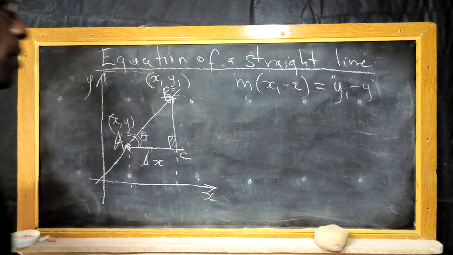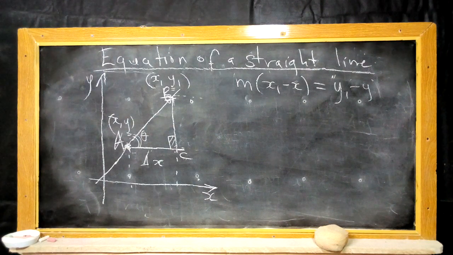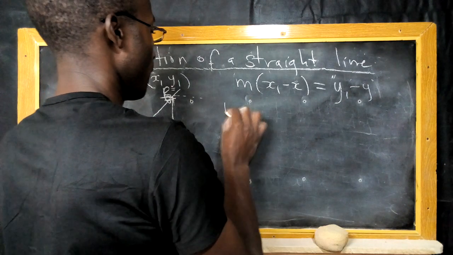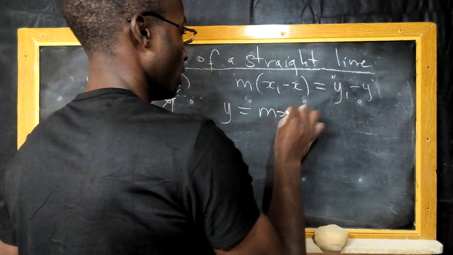Of course, there are different formats, depending on the orientation of this particular line, that are used to give an equation of a straight line. And we're going to see different formats that are used. And one of them is that y is equals mx plus c,